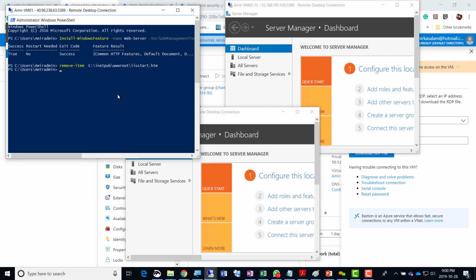The second one is removing the IIS start.htm file, which is always there by default when you install IIS. That page is the web page that says welcome. So we have removed that with this file, and then we are adding another file that just says hello world from whatever the machine name is. It's going to pick up that machine name. I've just added the third line here and pressed enter, so it has already executed,